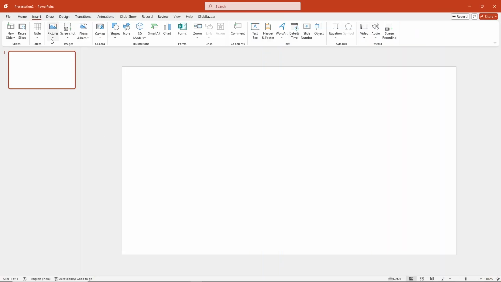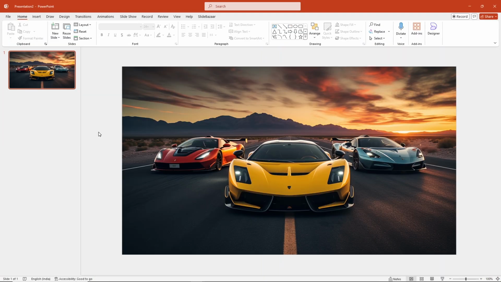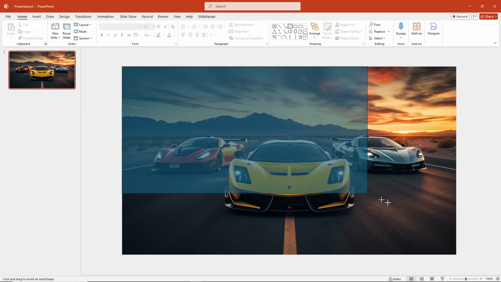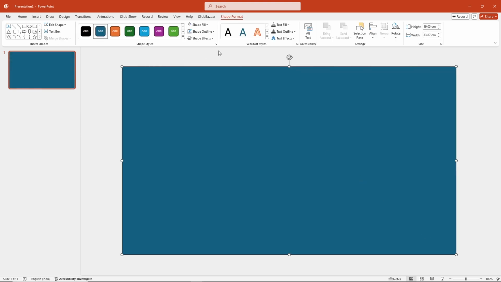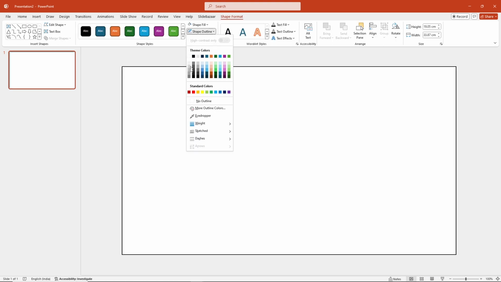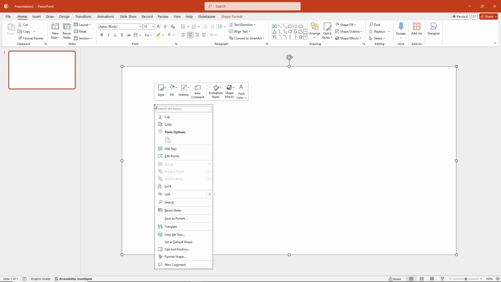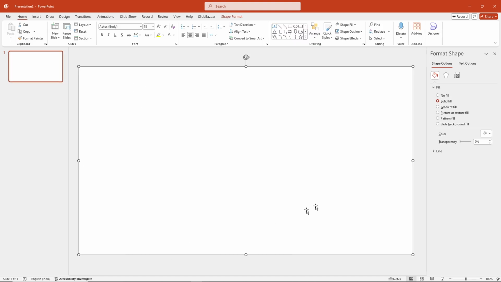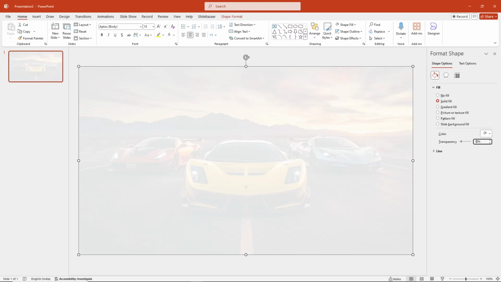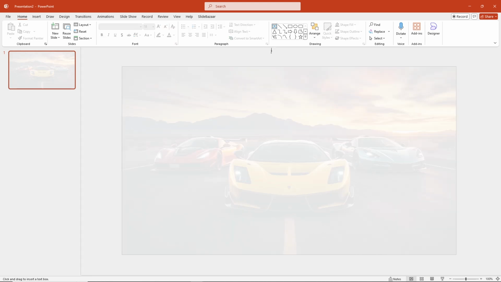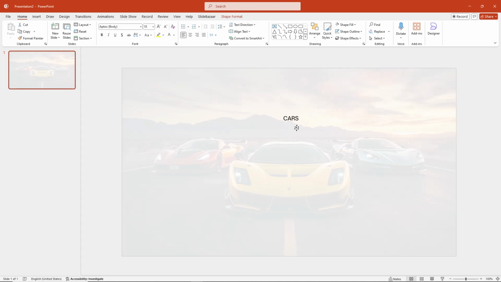Let's start off by inserting a picture into your slide. Then, draw a shape over the image to cover it. Change the shape fill and outline. Now, right-click and select Format Shape and adjust the transparency of the shape. Next, add some text, format it,